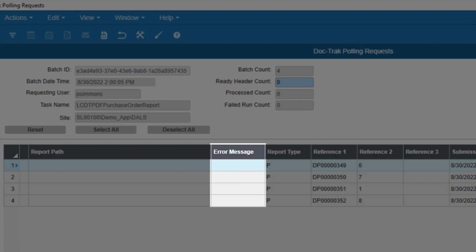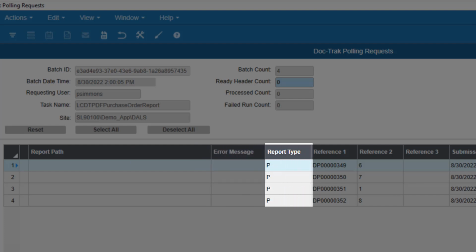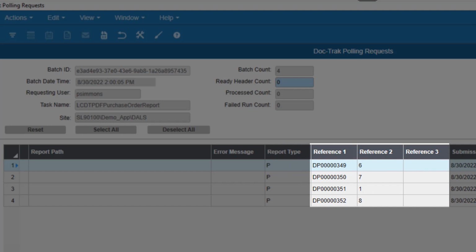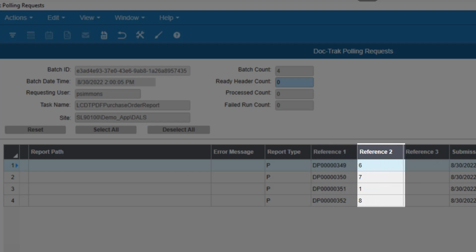If DocTrack polling encounters an error, you'll see it displayed here. The next field shows the report type. In this case, it's a purchase order, so the type is P. Following that, you'll see information about the record on which the report is based. In this case, the first reference column is the purchase order number, and the second is the vendor number.